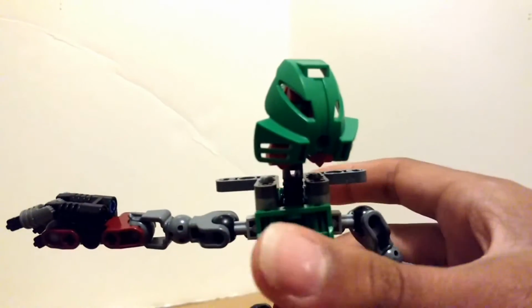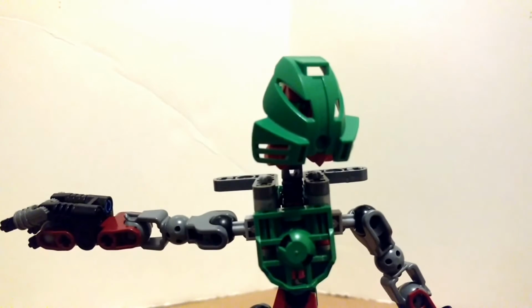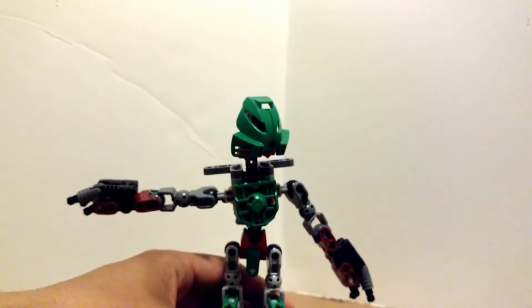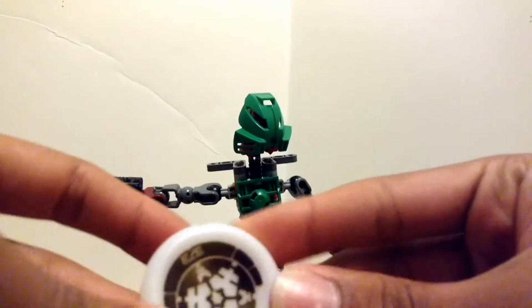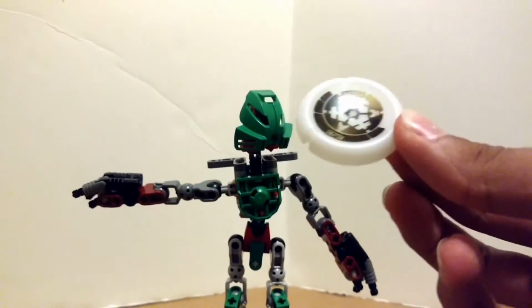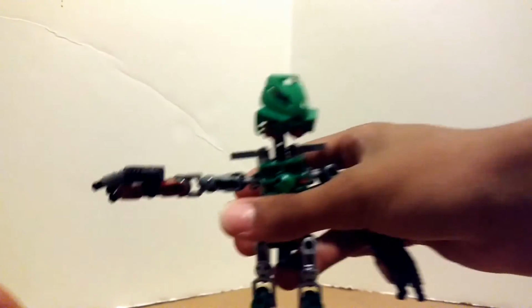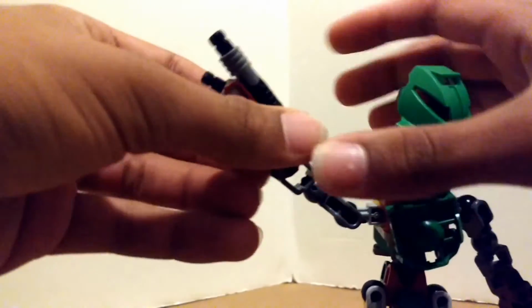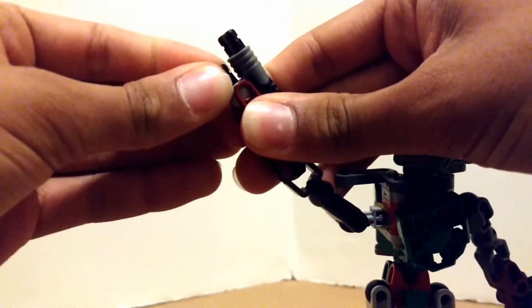Okay, now time for the mechanism. So, let's get this disc over here. This is like Akmu's disc, but I'm giving it to this guy at the moment because I don't have any of the old disc. I lost it. Along with my entire McDonald's, well,